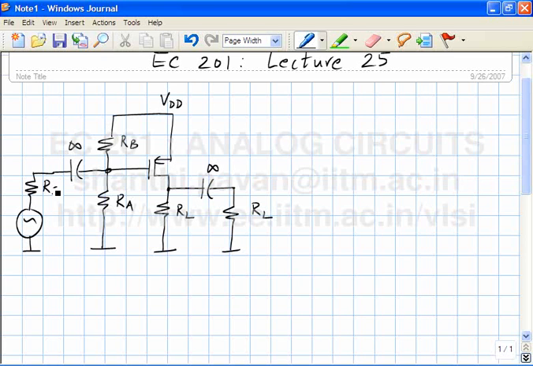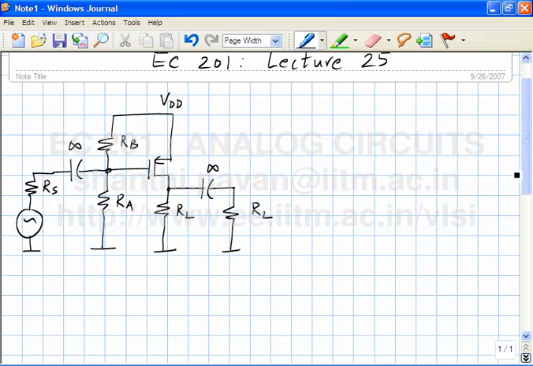When you have a practical PMOS transistor, what do you think are the problems with this amplifier as we have on the board now? VT will vary from device to device. VT could also vary all over the place with temperature. So that would result in the quiescent current through the transistor changing quite a bit, which would also cause the change in the gain, which would cause the change in the swing and all this other stuff. So what we want to do is to try and make the drain current of the transistor independent of the VT of the device. Okay, and what can we use to make the drain current of the transistor independent of the threshold of the device?